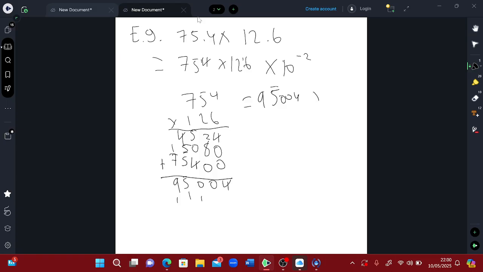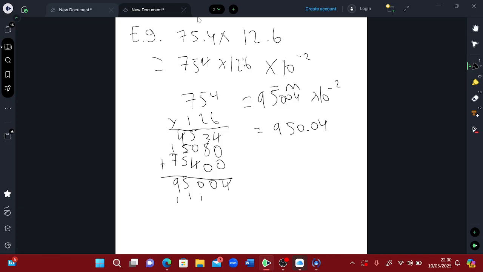95.004, but we have times 10 to the -2. So that means we have to move 2 decimal points. So here and then here. So it's going to actually be 950.04. If you are not comfortable with standard form or stuff like this, which coincidentally we will be doing later in a little bit,